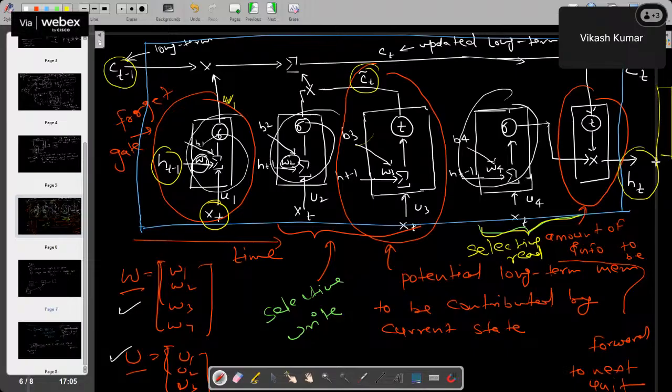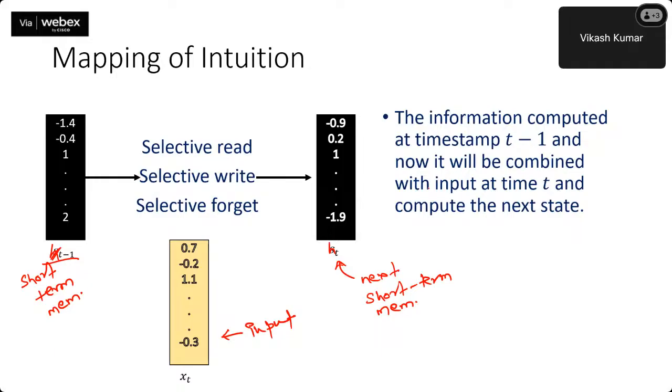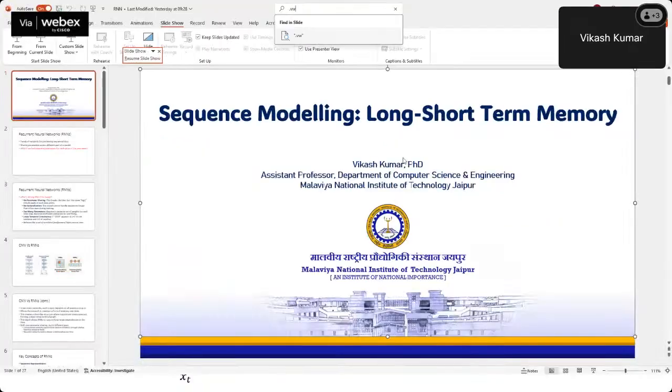So this is what we are going to take as input from the previous state. So this is the previous state information that we have. This is the current input vector, the embedded vector we can say. So if we have the word, sorry,